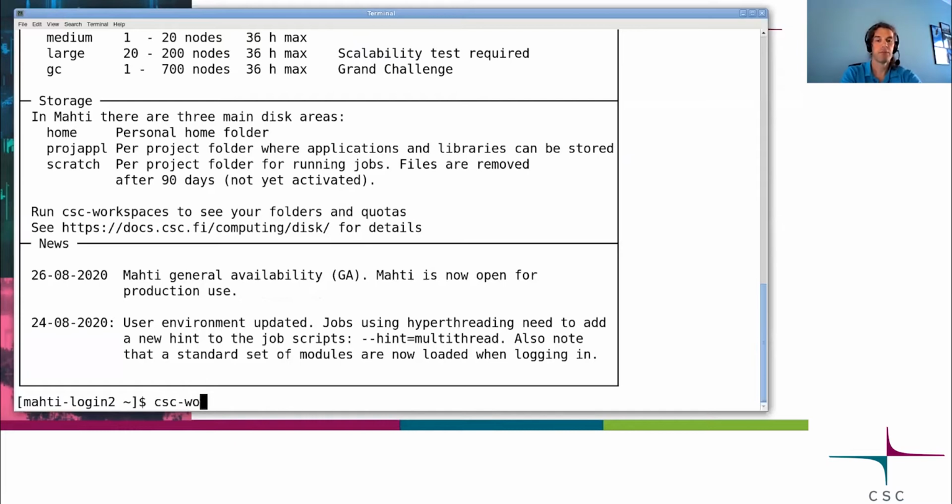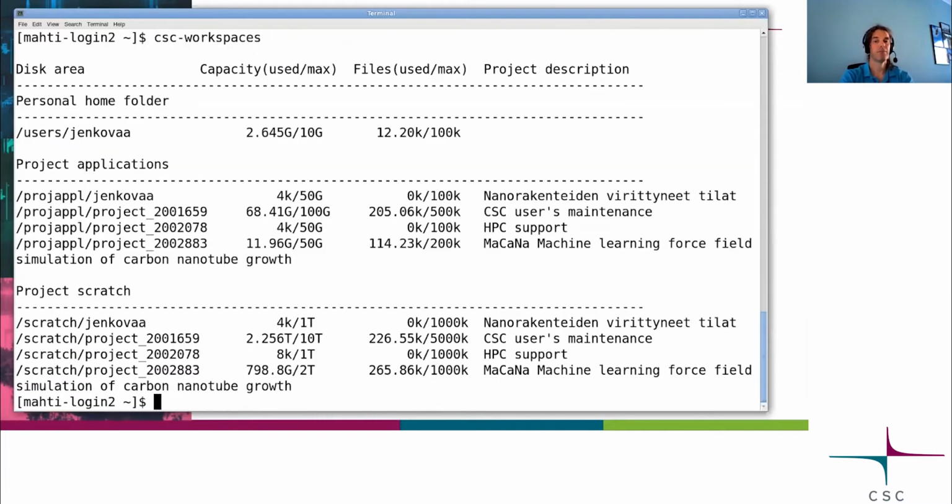So for example, I belong at the moment to a couple of different projects. There is something related to CSC user maintenance, something to the HPC support, and then there is also some project where I'm giving some user support. And you can also see that